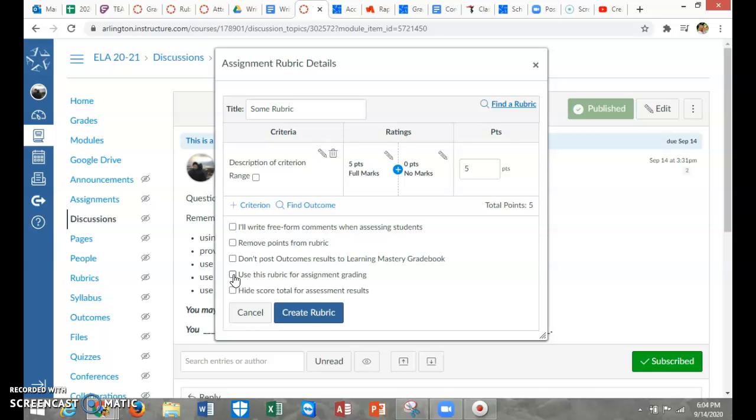But if you forget, I'll show you how to fix it, because I forgot last time. But if I wanted to create a new rubric, I could do it from right here, but I don't have to create a new one if I've already used one somewhere else. So I'm going to do find a rubric,